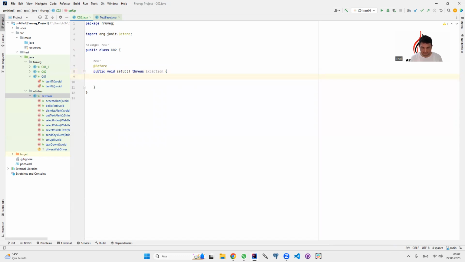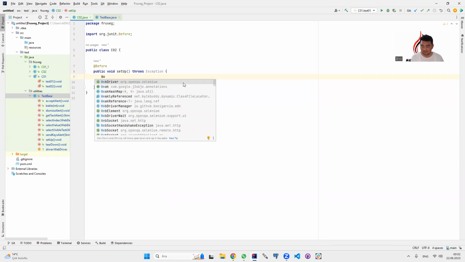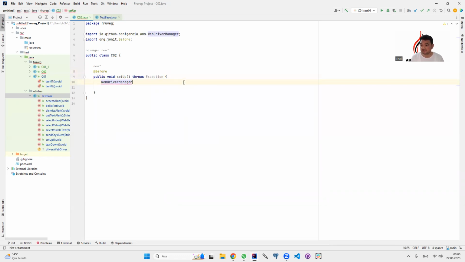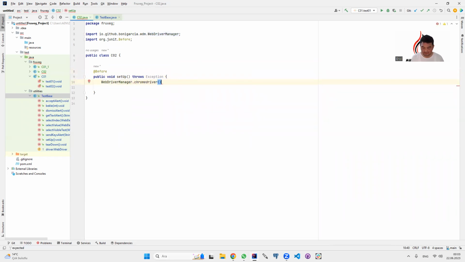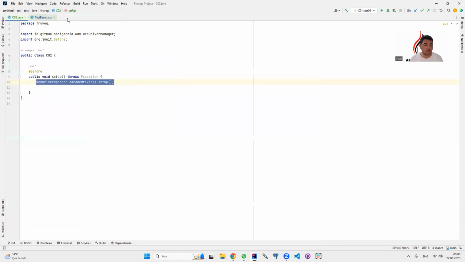In setup we create a WebDriver manager, you know, WebDriverManager dot chromedriver dot setup, because I use a Chrome driver. Actually, this code is my first code. That's why I set up Chrome driver, and then